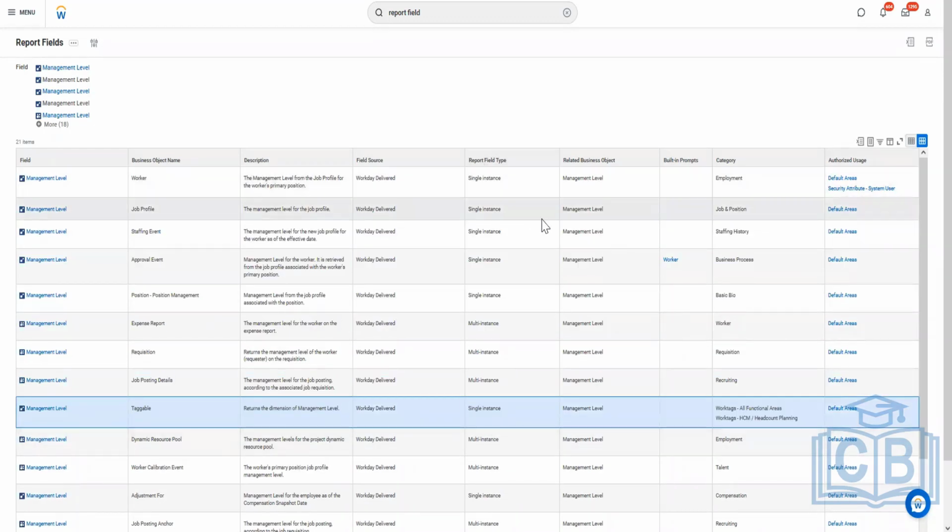Single instance is nothing but a field which will populate in a single row. Multi-instance field type is nothing but a field which will be populating multiple values in a single row. Okay. Single instance will populate one row, and multiple instance will populate all the values in one row. Example,